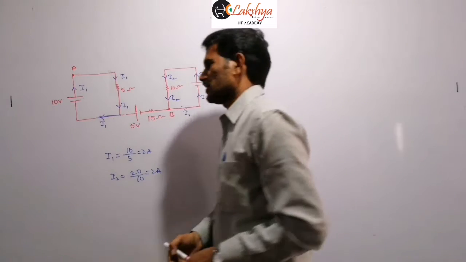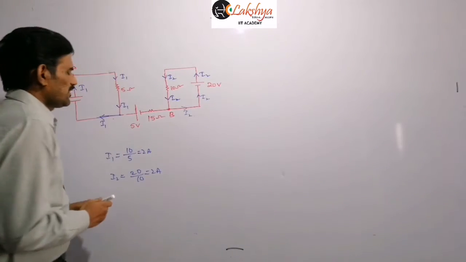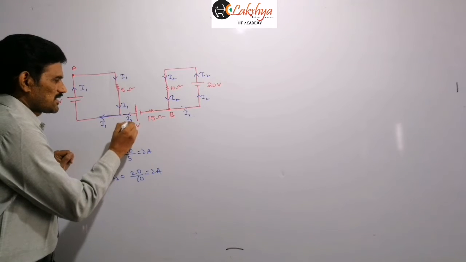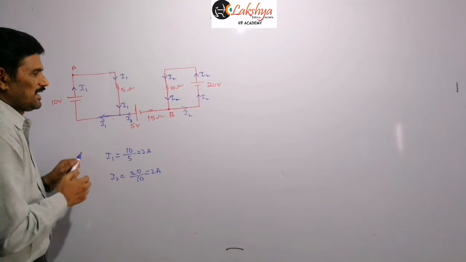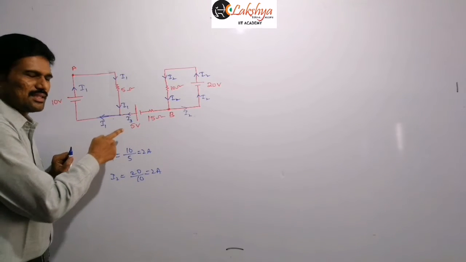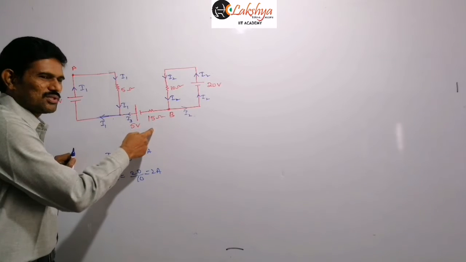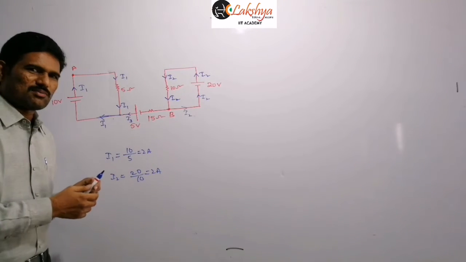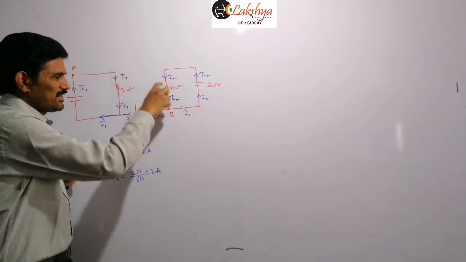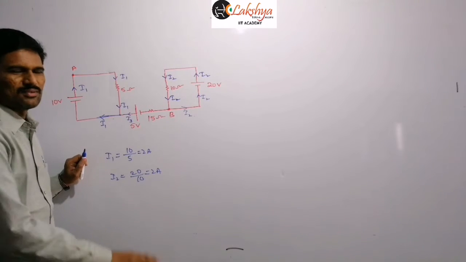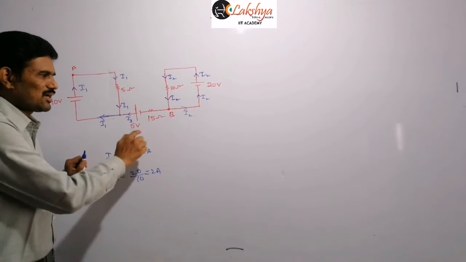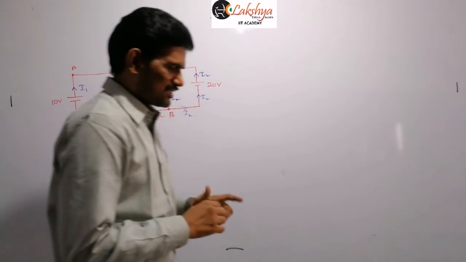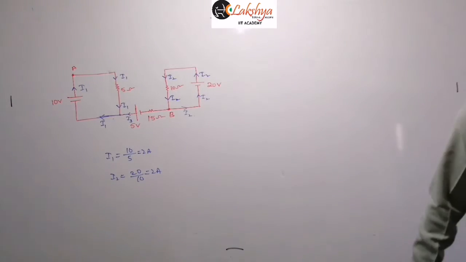If you are assuming like this, suppose I am taking some amount of current I1, and I3 is coming like this. Is there any chance that the same amount I3 enters into the negative terminal? If I3 is coming out of this positive terminal, is there any chance to enter into the negative terminal of the cell? There is no chance. This I3 can't enter into this negative terminal here. That means simply what we can say is that the cell is in open circuit.